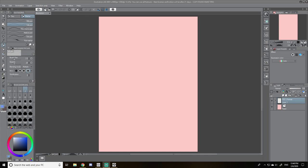Alright. So what I want to do is start off by sketching around and seeing if I can come up with a good pose here. This guy's going to be kind of a boss, so let's just do basic body shapes right now. So if we came in here,